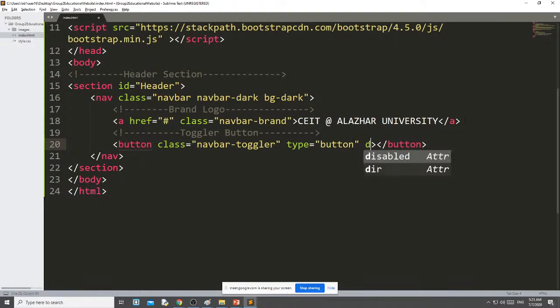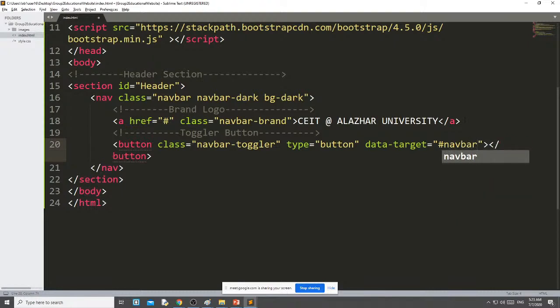Then data-target. This is very important. Data-target means this toggler button will work for which data, it applies on which data. Here for data-target, I am giving one name, navbar-nav. We will use this as the ID.